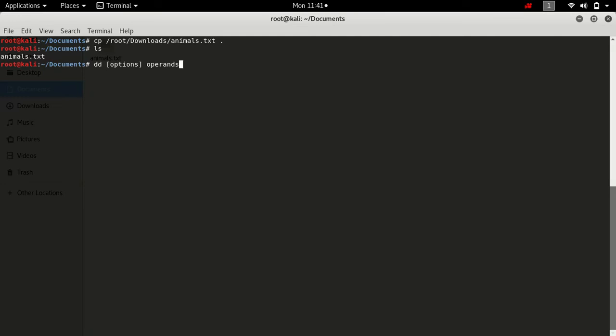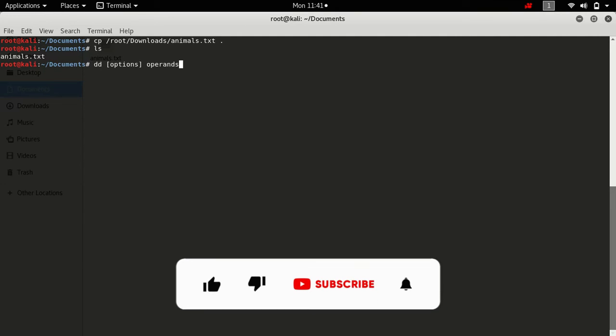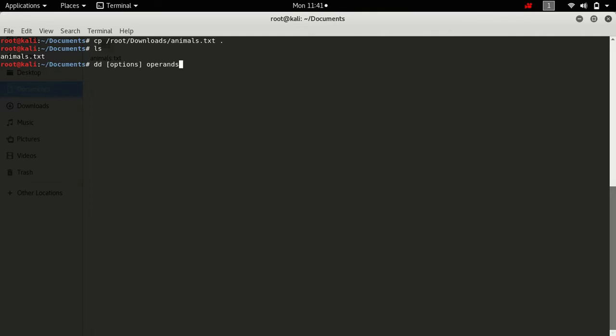So I will not copy the data from one drive or another drive, since that might include a lot of risks which I am avoiding at this time. I will only show you how the dd command is used to write zeros to a file. So if I want to copy a block of zeros of 1 MB data to a file, then I have to write dd